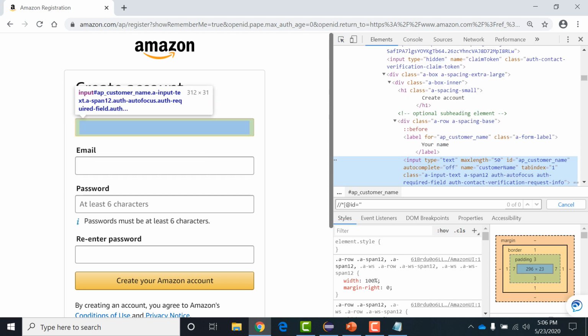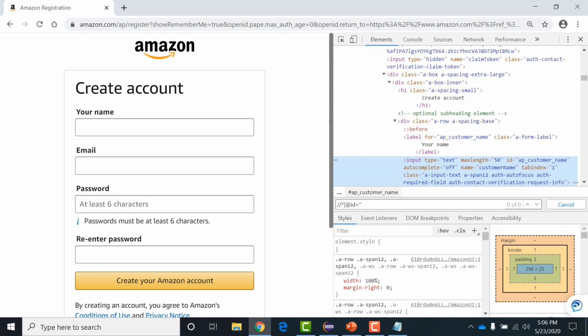ID is this. Or you can take the text. Instead of ID, we'll take text. Fine. Now I have defined my first condition. If it finds the particular type is text, then the particular element should be identified. Or if it is not able to identify with this keyword, go for the second option that I want to provide.